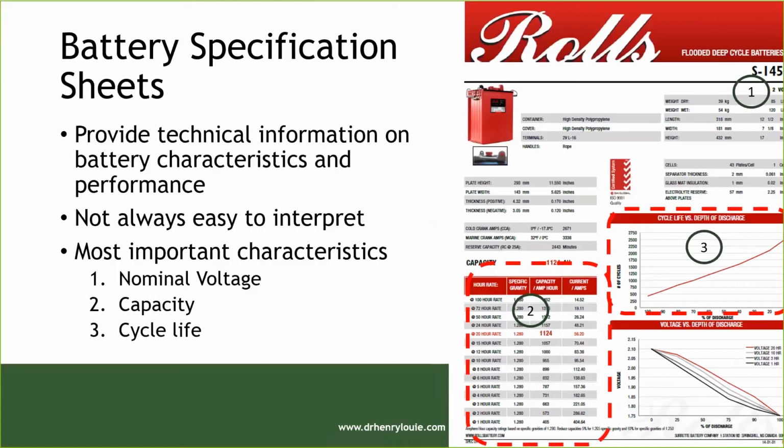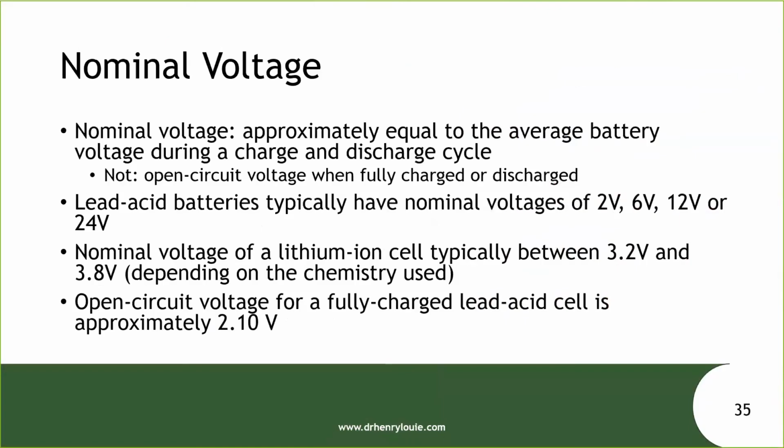Now, it's important to be able to interpret a battery specification sheet. There's lots of information that the spec sheets provide, and I'm going to pick the three most important pieces of information: how to interpret the nominal voltage, the capacity, and the cycle life. Those are the three most important things that you need to understand when trying to interpret a battery spec sheet. So, the nominal voltage